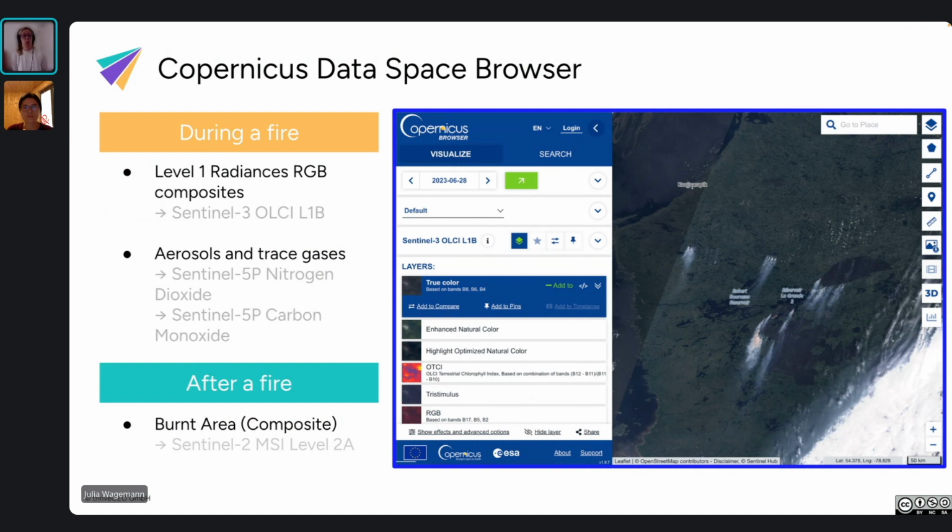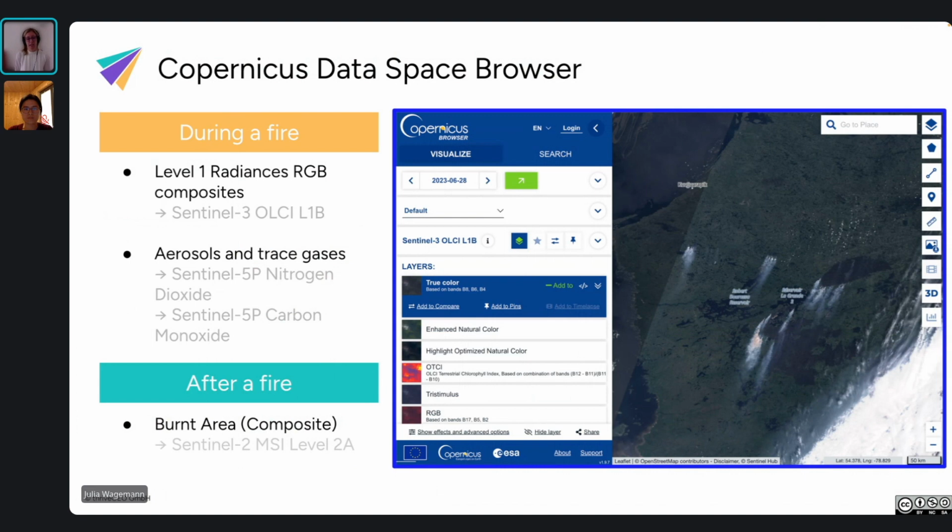And what specifically the Copernicus Dataspace browser also allows us, and the Copernicus program gives us information on, is to track aerosols and trace gases. So also what trace gases and aerosols are emitted through the wildfires.